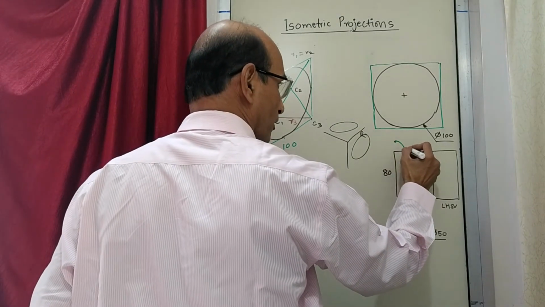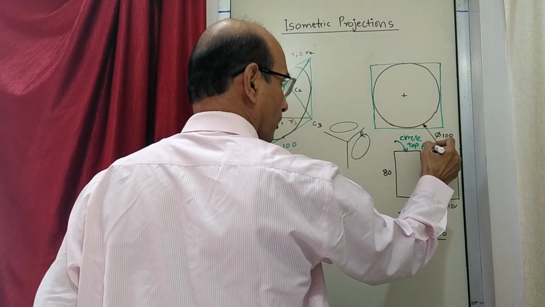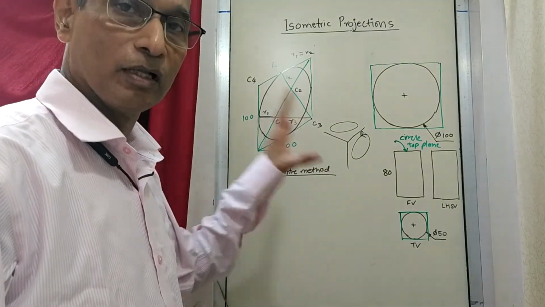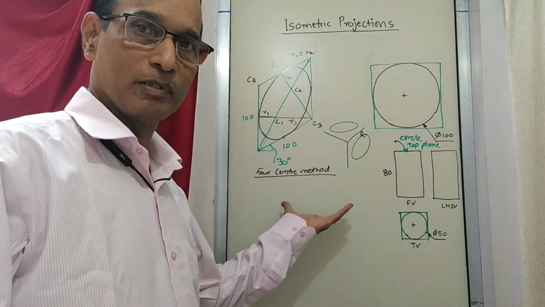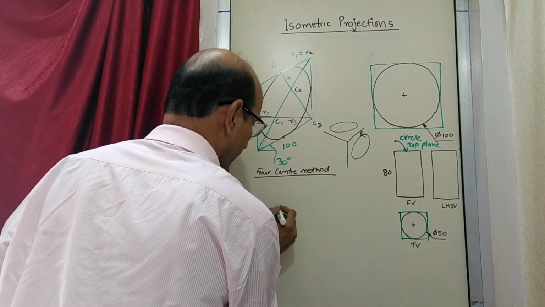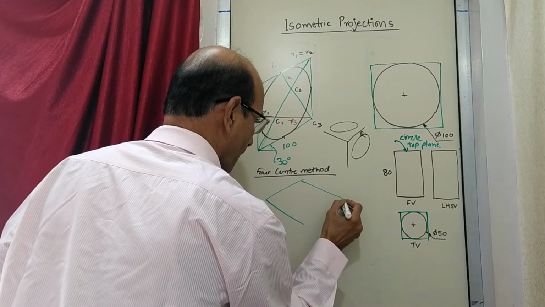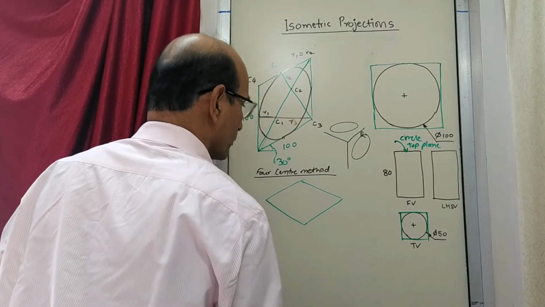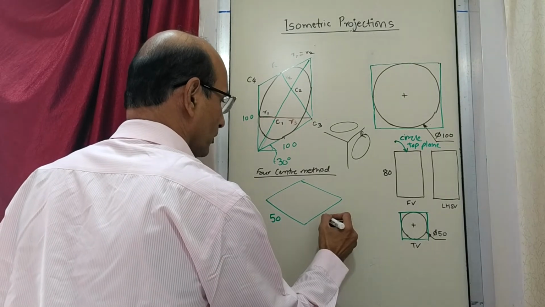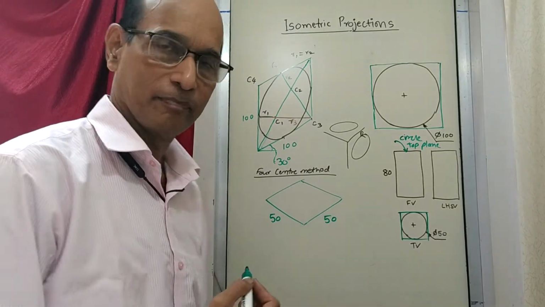See, the circle is here. The circle is in the top plane. It will come in the top plane, so we will draw here. The only thing is I will draw larger because I want to explain the procedure, so the figure drawn will be larger than what is shown here. First thing is I will draw a square. In fact, it is a rhombus. If you remember the correct name, this is a rhombus that is drawn of the size 50 by 50.